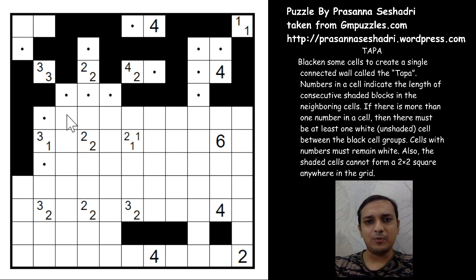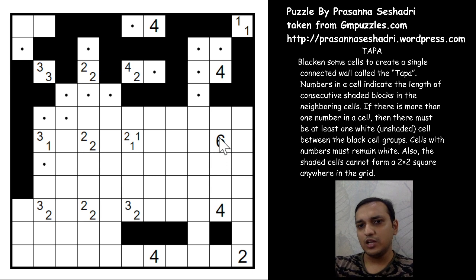And again, if you have a black cell for the 1 here, it has to connect somehow to the other cells, which will again violate the 2 2 clue, right? So either of these two cells will be black. This has to come down. So if you see a 6 here, what happens if I shade this cell and actually unshade this cell?